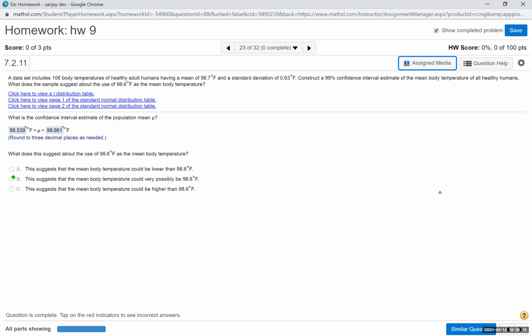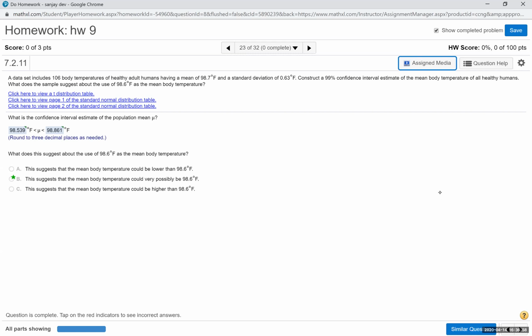Now, it gives you a section input. Are we dealing with data or are we dealing with stats? Well, in this case, it gives us stats. So you want to make sure your stats is highlighted. X bar. What is X bar? Well, it looks like the average is 98.7. So you're going to type in 98.7 for X bar. S, sample standard deviation, is 0.63. So you're going to type in 0.63. N, the total of how many? 106 body temperatures. So 106. And then the confidence level. How much? 99, so 0.99. And then you say calculate,